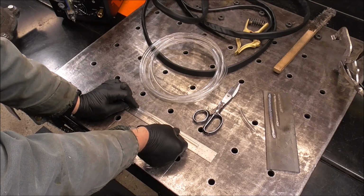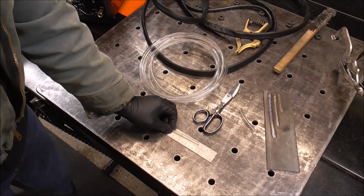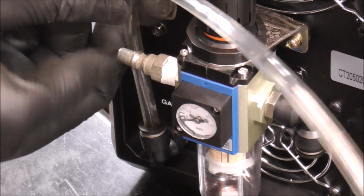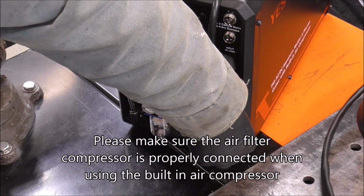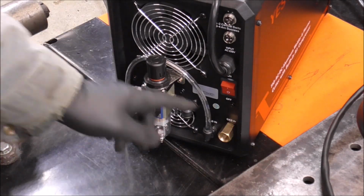Then I just took a pair of scissors and cut the tubing that came with this kit to 13 inches long, which is equivalent to 330 millimeters. Then you just push one end of this tube down into that fitting. They just lock in place. Then you do the same thing with the other fitting. Just push it down in, locks in there, no problem. There. Now that's all set to run